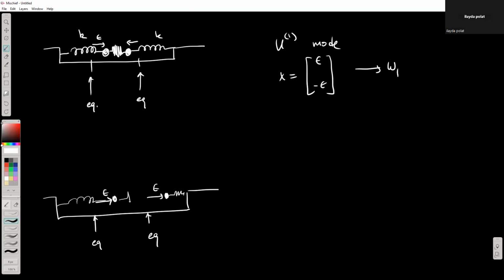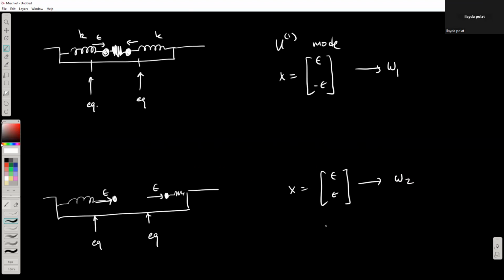But the spring that connects these two masses, these two particles together, the spring with spring constant K prime, is not compressed at all. So the mode pattern in here is epsilon, epsilon, and therefore this has a frequency